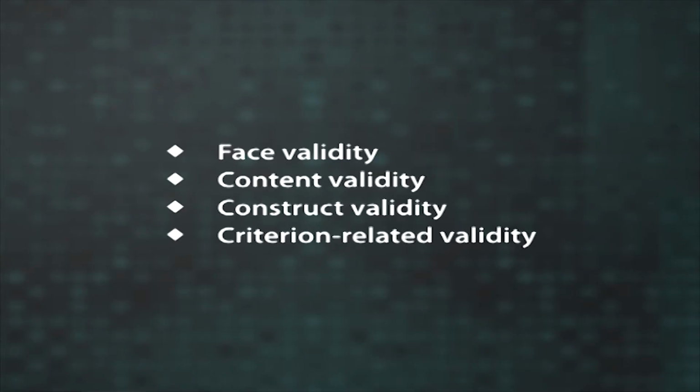Let me summarize the session. This unit deals with two most important characteristics of a good test, namely validity and reliability. A test is said to be valid if it measures what it intends to measure. A test which is valid for a use might not be valid for another, and therefore, validity is a relative concept. Based on the different dimensions from which a test is weighed, validity can be divided into four major types. They are face validity, content validity, construct validity and criterion related validity.